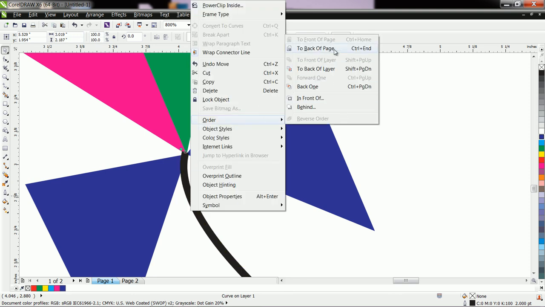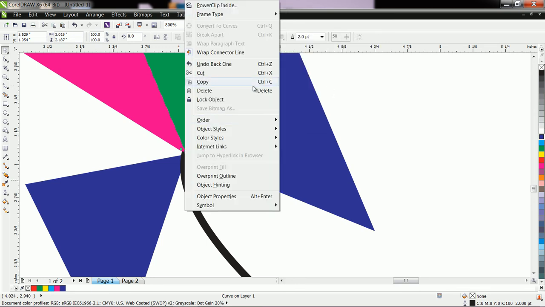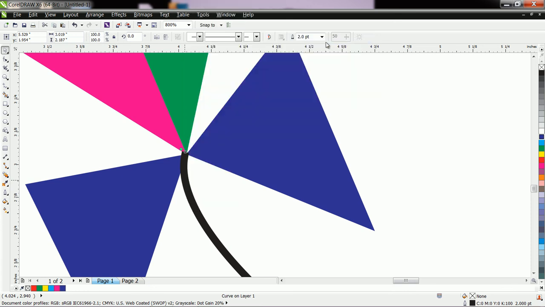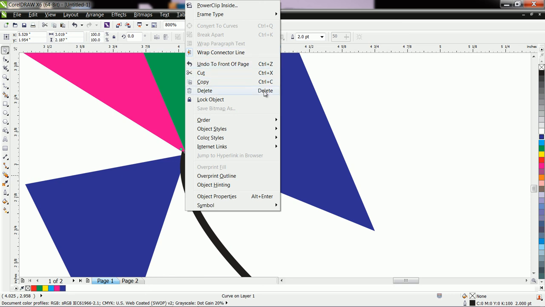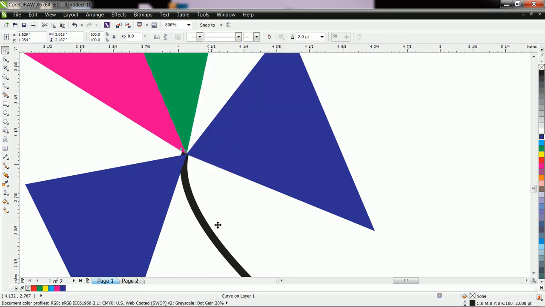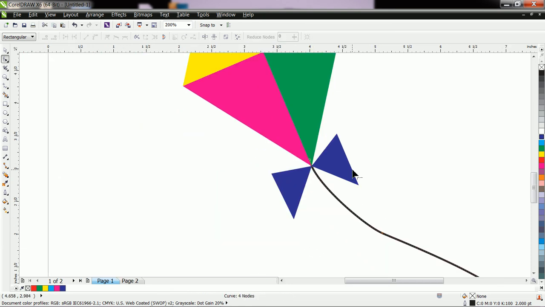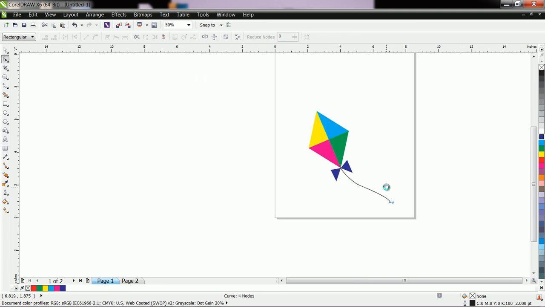Right click, order, send to the back of the page. Okay, like this you can create a kite.